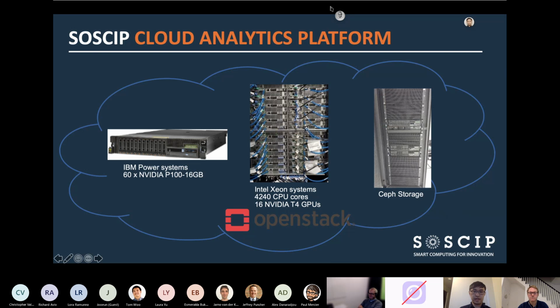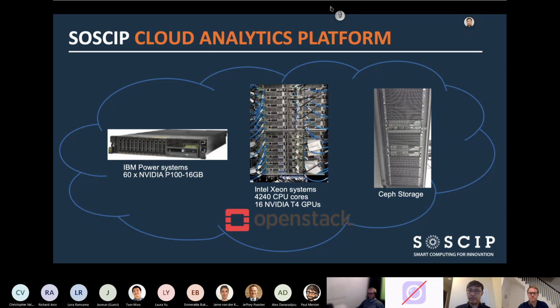First is the cloud platform. Most of our machines on the cloud are CPU-only machines, but we are adding GPU capability now. Currently, we already have 16 NVIDIA T4 GPUs available for use, and we are adding 60 P100 GPUs, that's an IBM-based system, to the cloud, and we are migrating our current storage to a new Ceph storage.